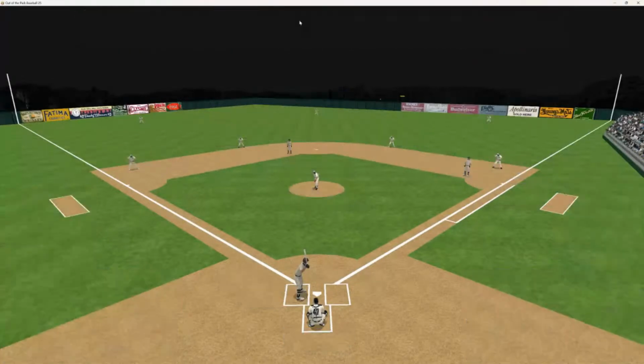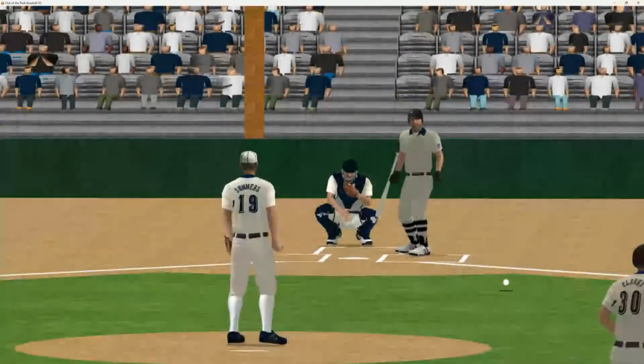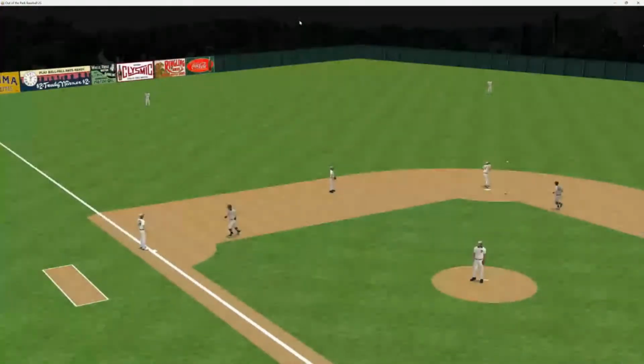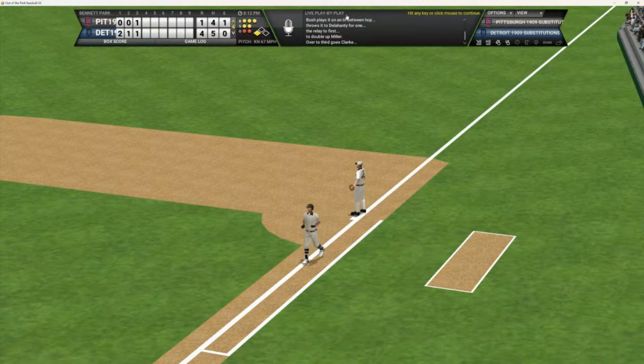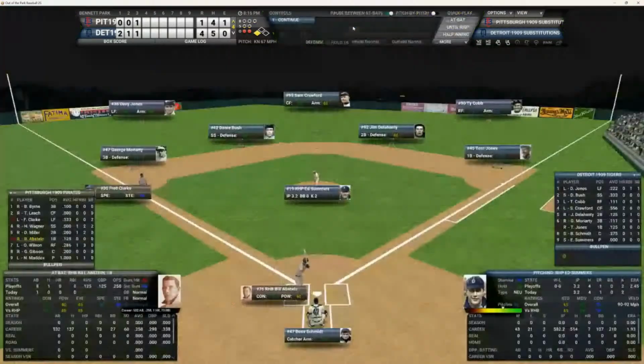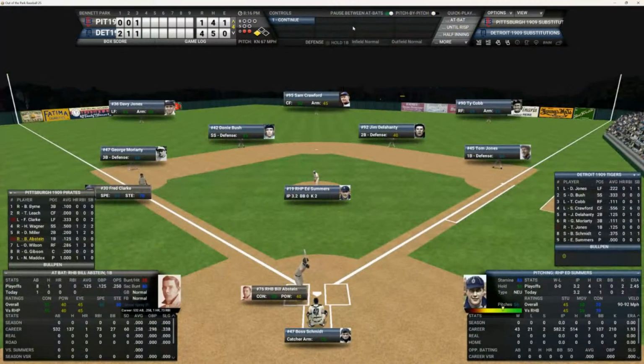Full count to Miller. And that's a ground ball down the short. Can they turn two? 6-4-3 double play. Now there's 2 outs and a runner down at third. What a big double play that was. Can Bill deliver here with Clark at third? Cut this lead in half.